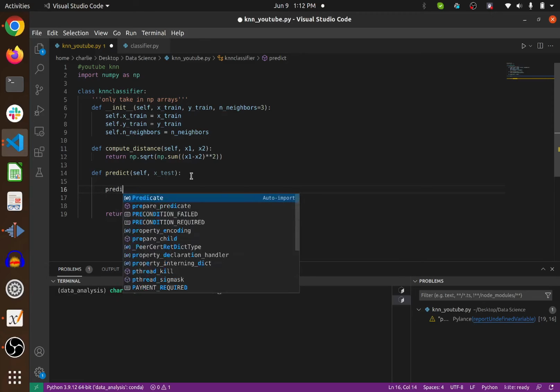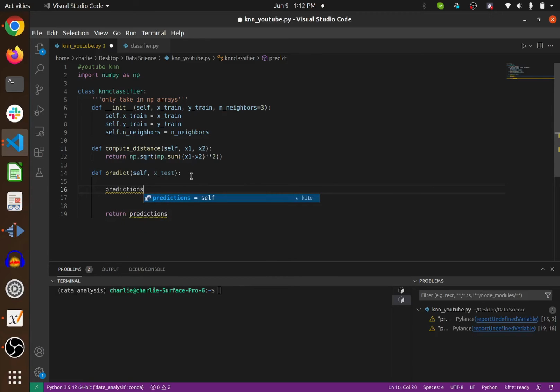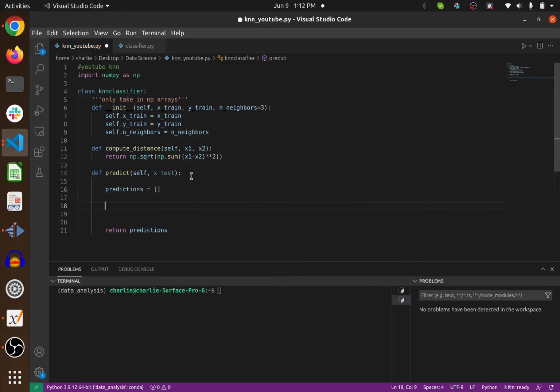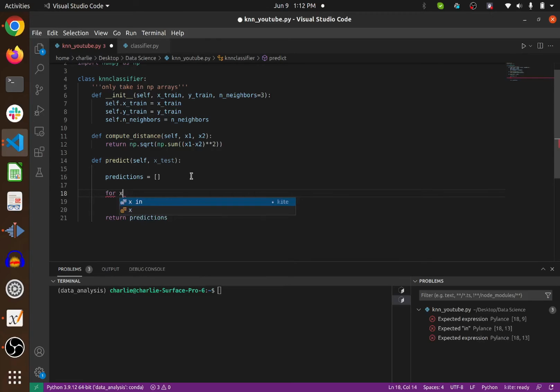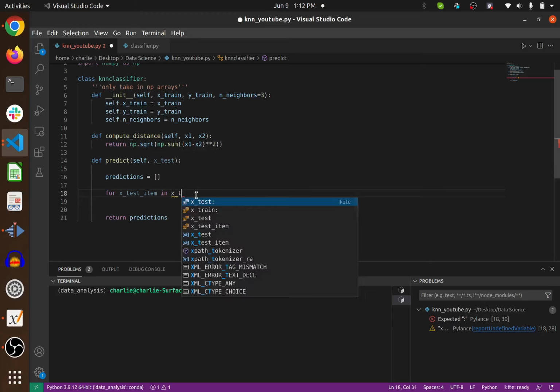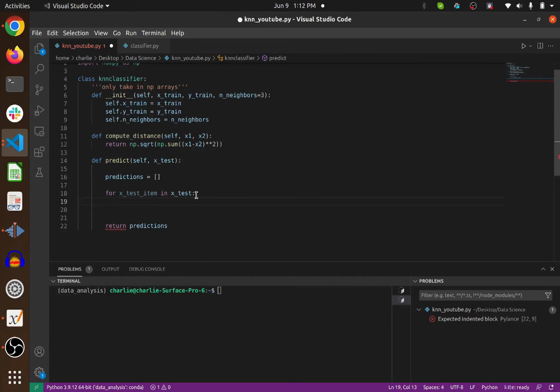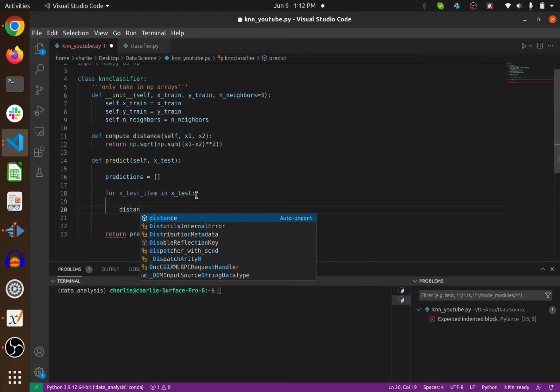We're going to start with an empty list of predictions, and then for X test item in X test, we're going to loop through all of those, and for each one of those we're going to compute